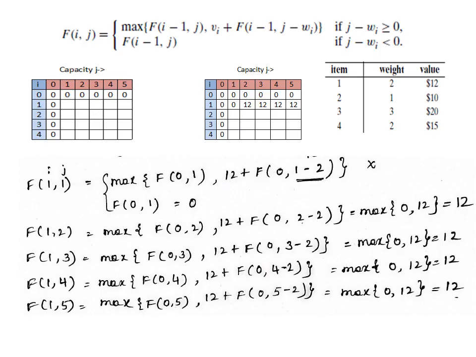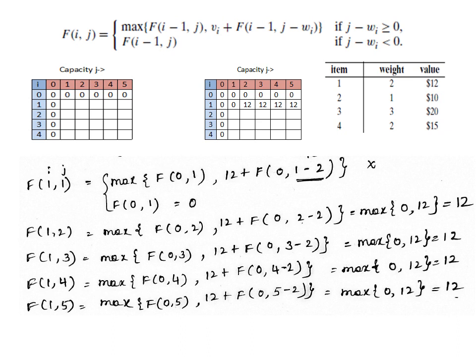Here we can notice that the first row and first column in this first table are zeros. Here we have to get the first value, that is f of 1, 1. F of 1, 1 is equal to the maximum of f of i minus 1, j, so it is f of 0, 1,